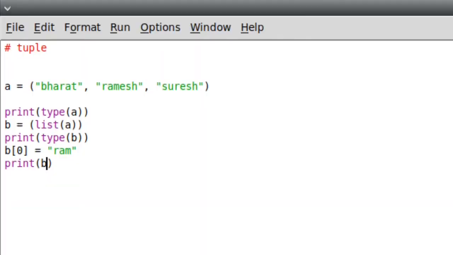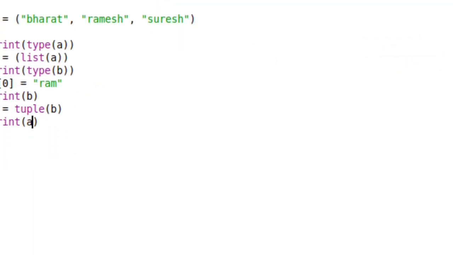So if I convert it again from A to tuple B and then print A again. So we have a tuple, we convert it to a list, we change the element of it and then again convert back to a tuple. Then we will print that and see.